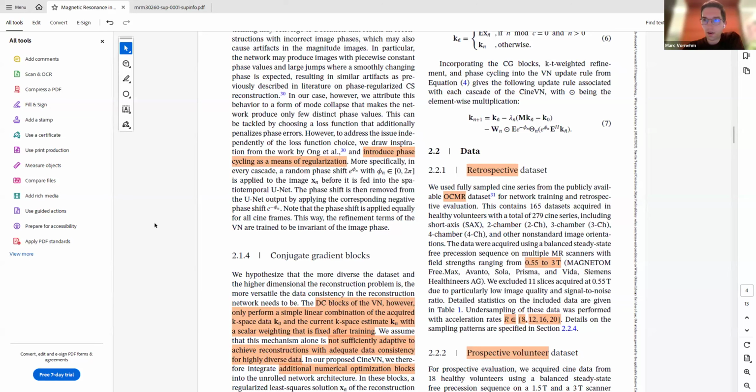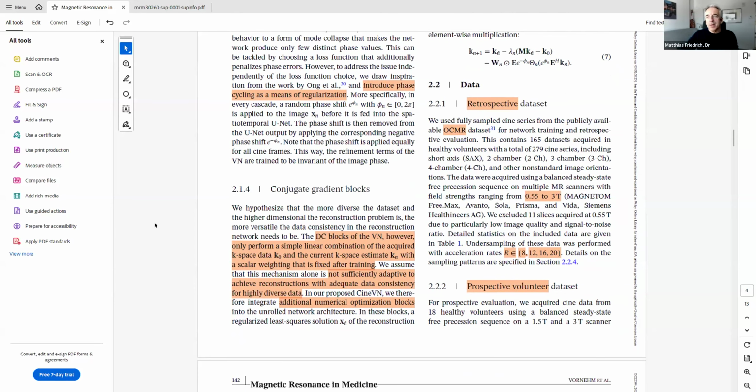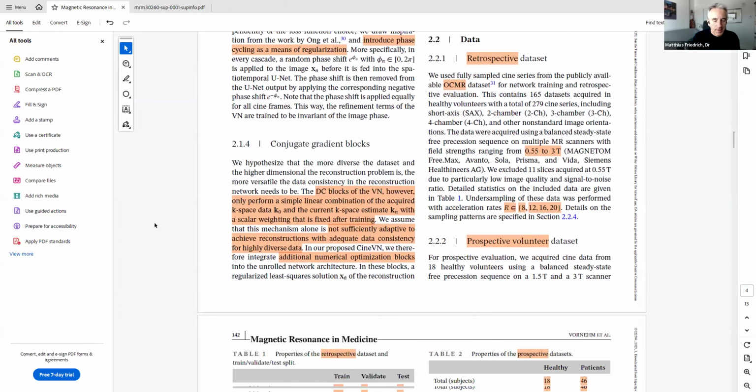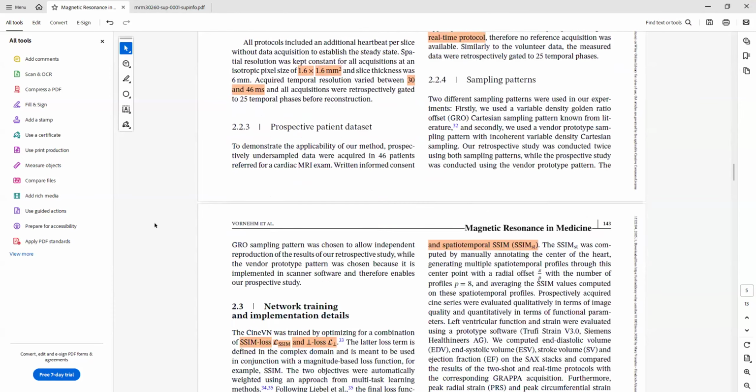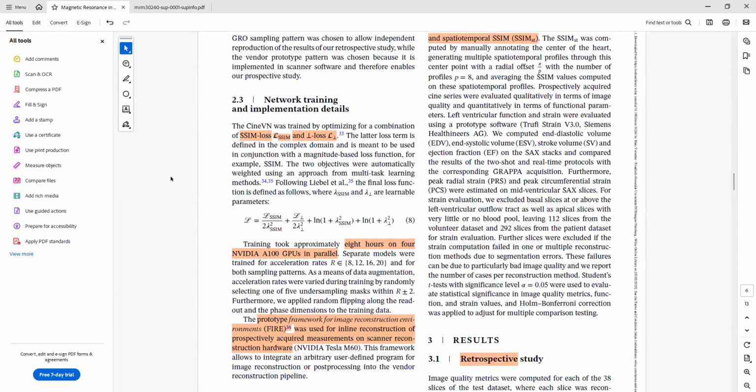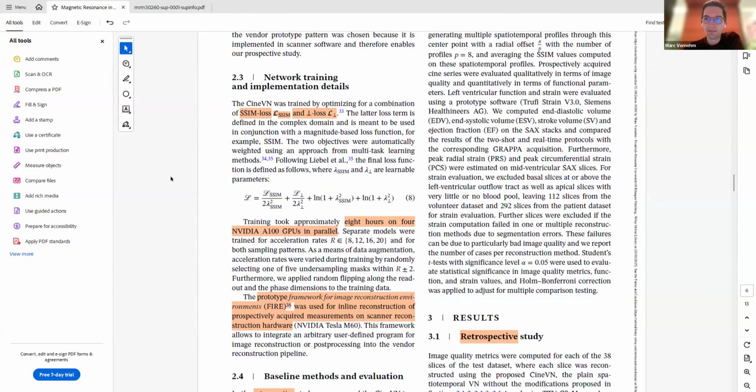Yeah, so we work entirely with complex data. So there are always two channels to represent the complex data. And also the output is complex data. And then in the very end, we take the magnitude of those images. Right. So the loss function that you compute, is that over the real valued image? One more question, and then we have to probably wrap up. The loss function is also computed on the complex images, yes. Oh, I see. Okay, thank you very much.